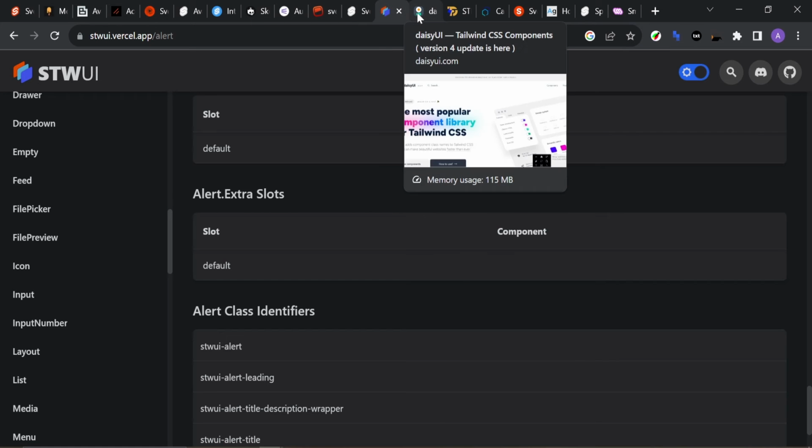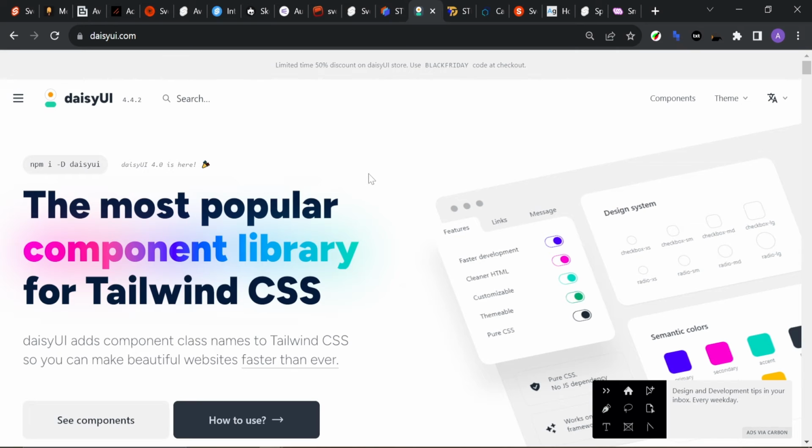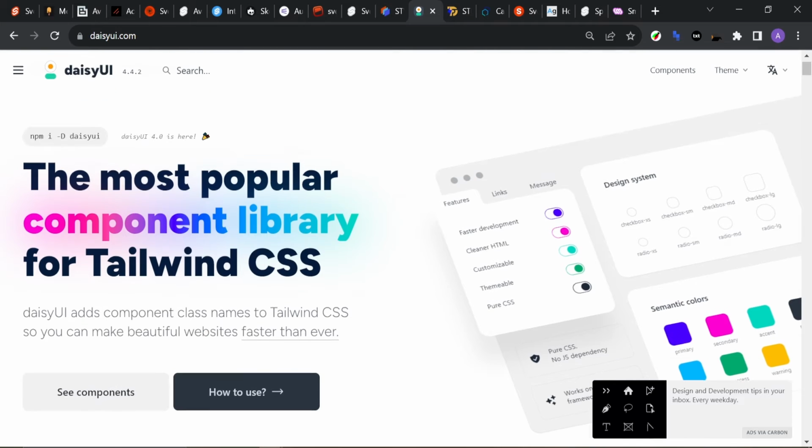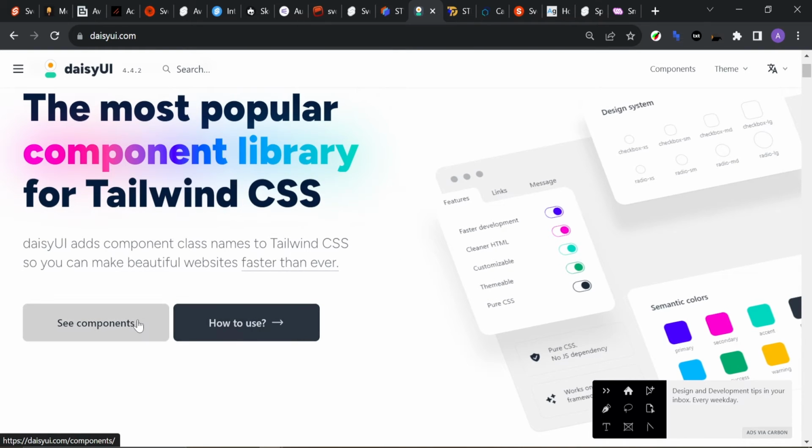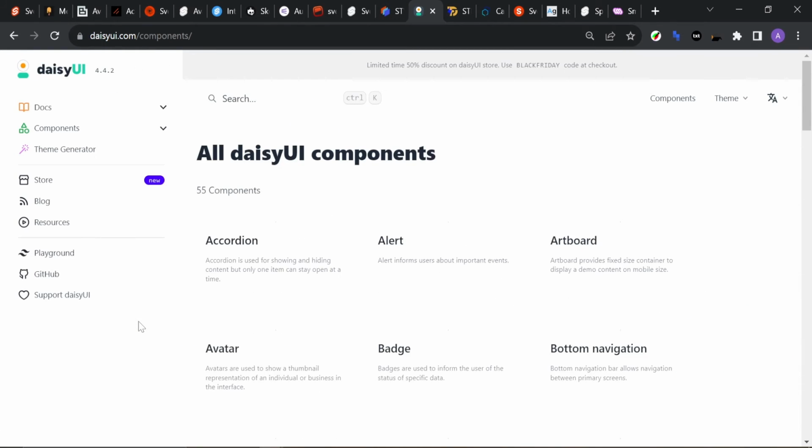Now, we'll be moving on to Daisy UI. Now, Daisy UI isn't built specifically for Svelte, but it's built on Tailwind CSS. And for any app using Tailwind CSS, you can use Daisy UI. Now, let's click on components here. As you can see,